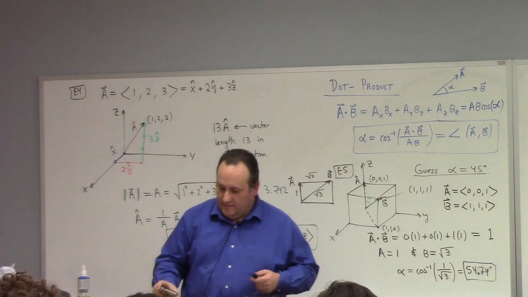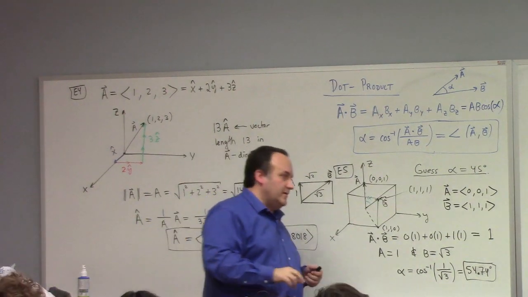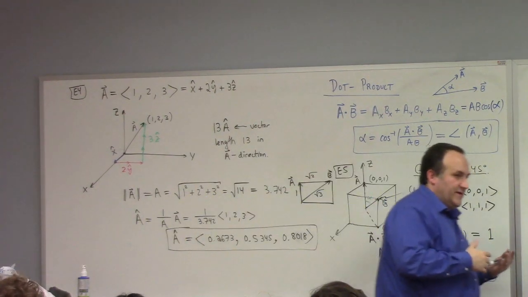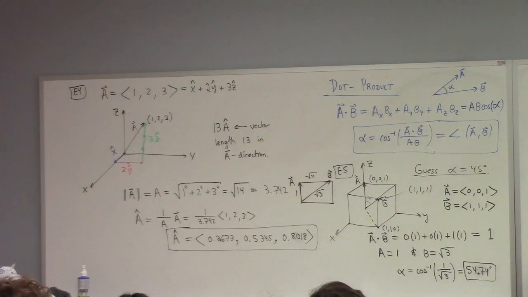Calculating dot product is easy. There are some basic things you should remember, which is that the dot product of two vectors is a number. If you write the dot product of two vectors as a vector,